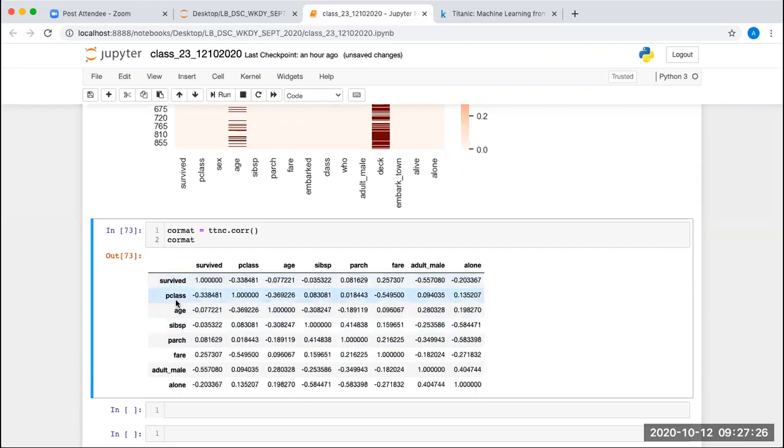So survived and pclass have the least correlation between them. But yes, there is a correlation between survived and parch, so we can see where there is a correlation. Basically, if people are paying a better fare, it is not mandatory that they are going to survive. So it is a 25% survival rate based on your fare amount. Sibling and spouse is also not really quite well correlated, but survived versus survived is quite well correlated.